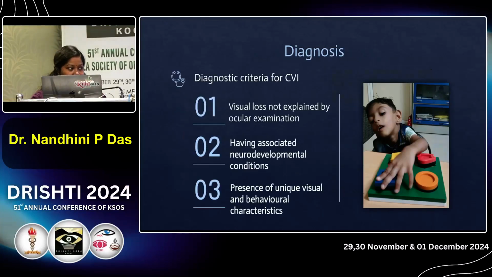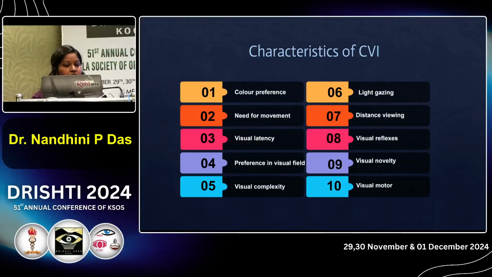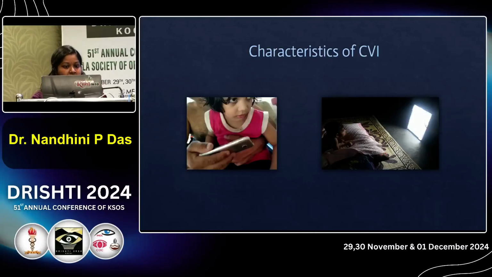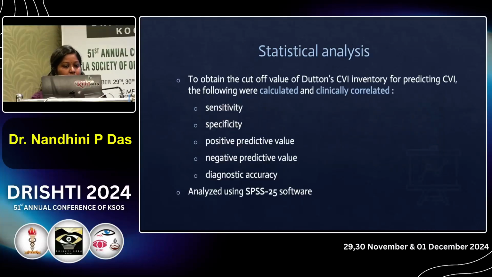The diagnostic criteria for CVI is visual loss not explained by the ocular examination or having any associated neurodevelopmental condition, or presence of unique visual and behavioral characteristics. How we diagnosed is the presence of one of the unique visual behavioral characteristics along with one of the 2 diagnostic criteria which I mentioned earlier. So these are the 10 characteristics of CVI, and these are 2 examples, like glare gazing and difficulty with near vision. And to obtain the cutoff value for the Dutton Insight Inventory for predicting CVI, the following parameters were calculated